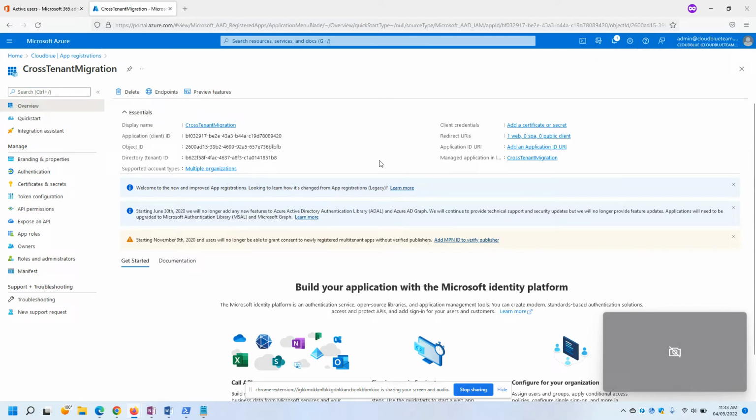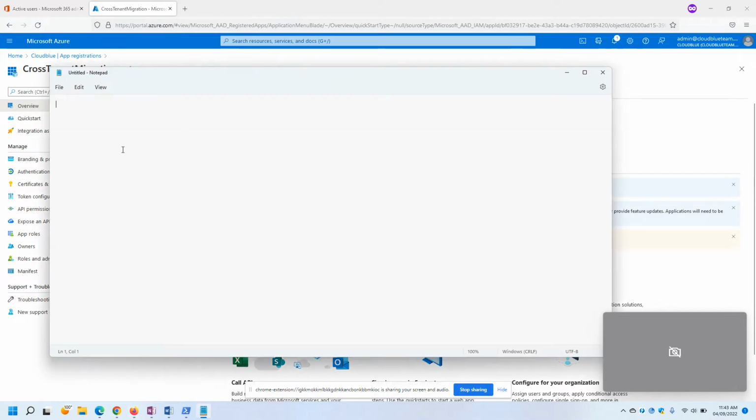Done. So the app is created. Now we would need this as an application ID. Let's copy this and paste it on the notepad. Okay, now for the document,